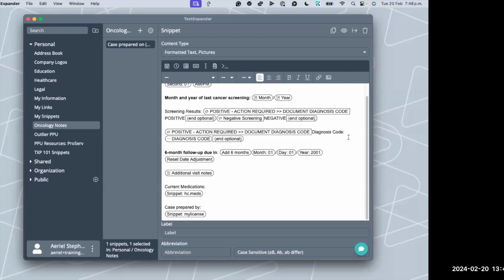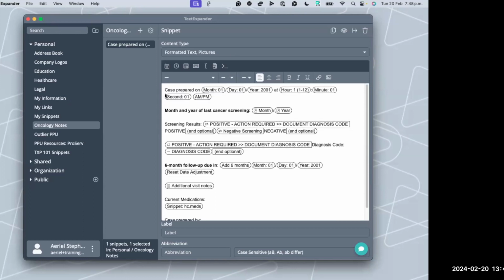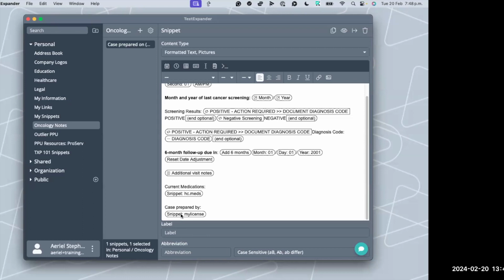But when it remains in your personal folder, meaning it's only really accessible by you, it is not going to really interfere with your other teammates' personal snippets. However, I assume you all are sharing documentation. You have the same criteria you're trying to meet, and you might see the same types of patients. So in this example, if I was filling this out and my license is what's nested here, it is going to put my licensing information at the bottom of this document.